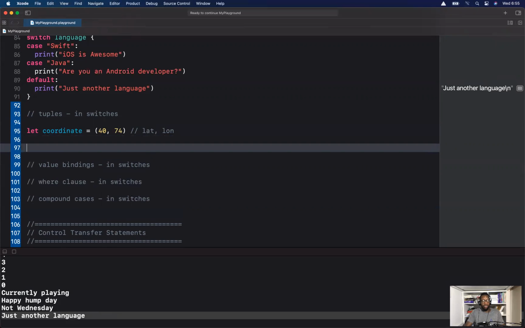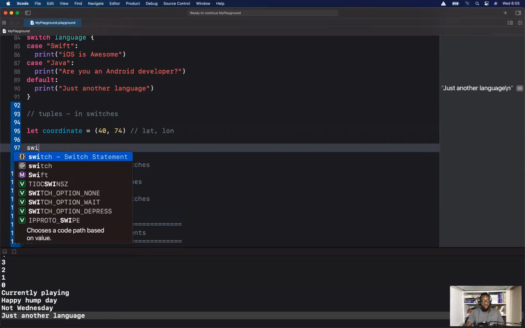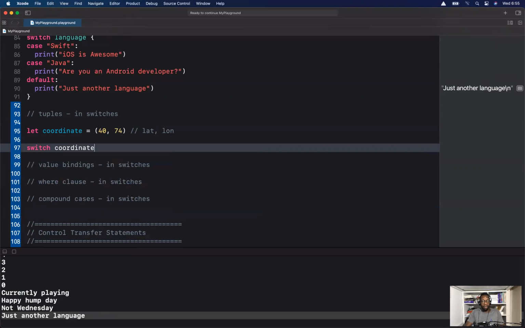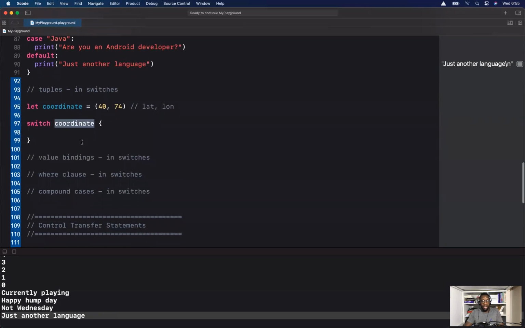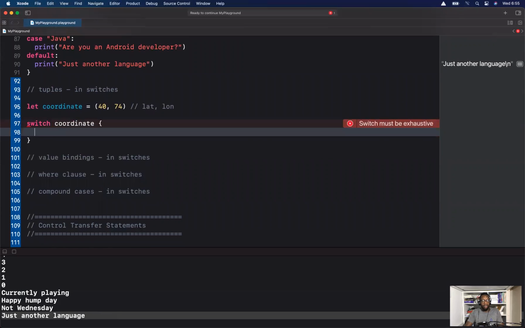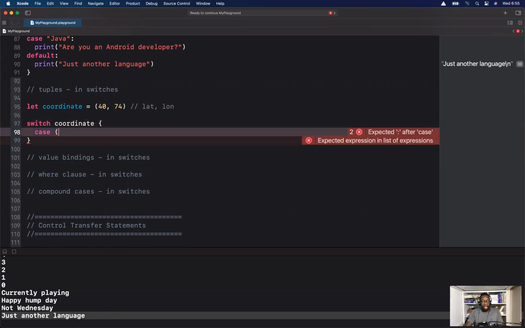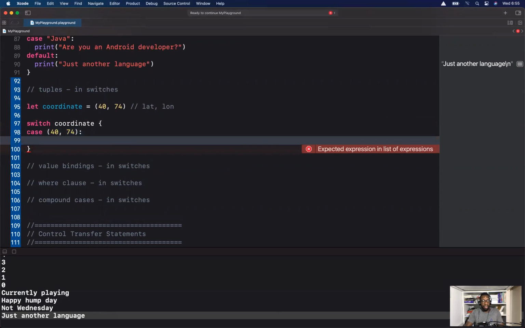And now I want to switch on my tuple. So I could use a switch statement here on coordinate. Again, keep in mind coordinate is a tuple. It has two values. And now I could use my case statement. I could say case 40, 74, and I will print in the north,